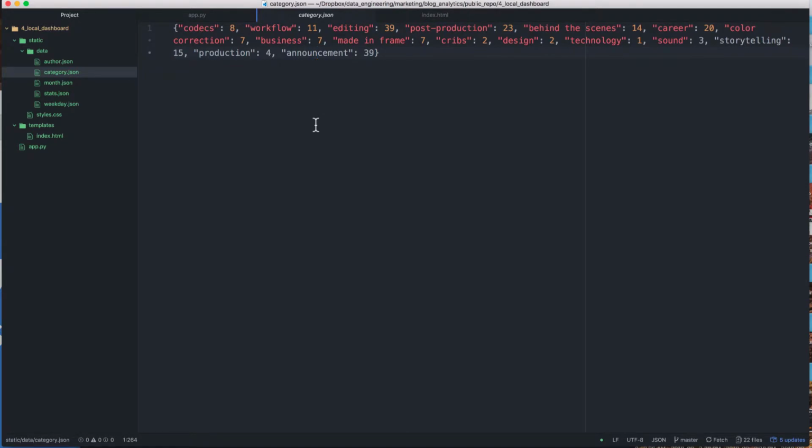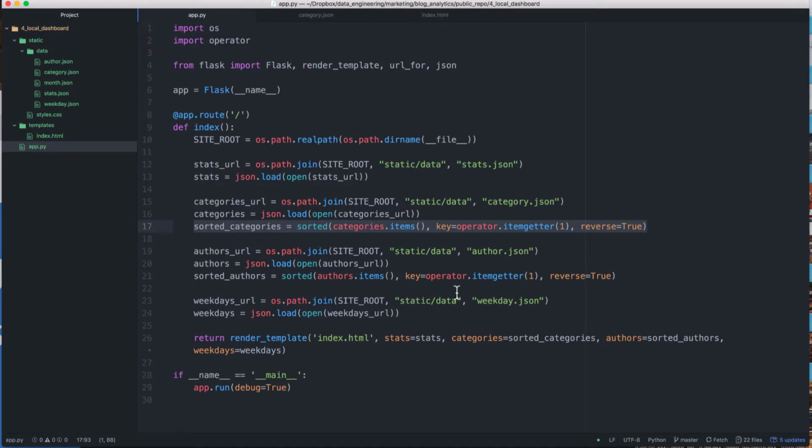So if we take a look at categories, it's actually not sorted by which one's the largest. So you can get around that if you used a more Python specific format like pickle, or if you were just using a database. So we do the same thing with authors. We give it the reference, we load the JSON, and then we sort it,